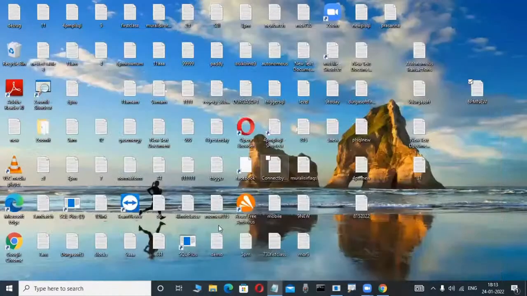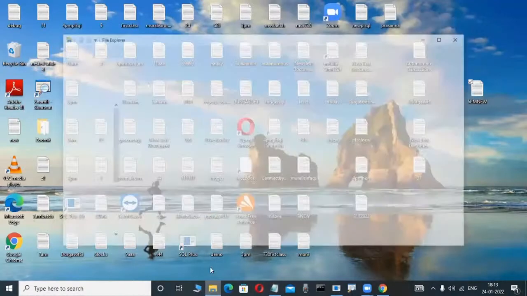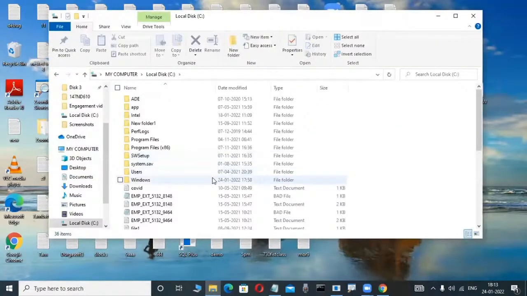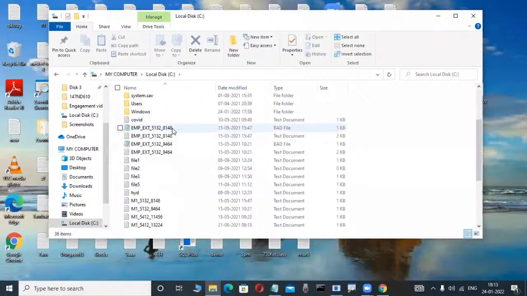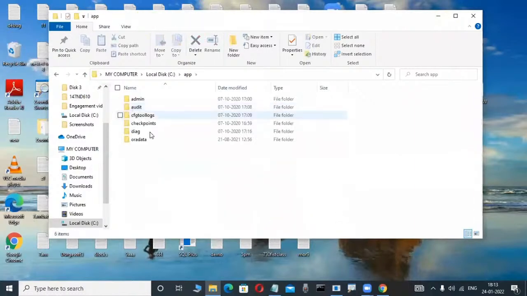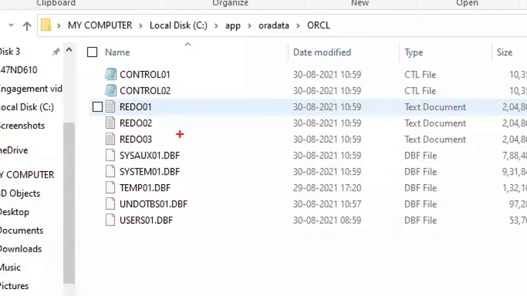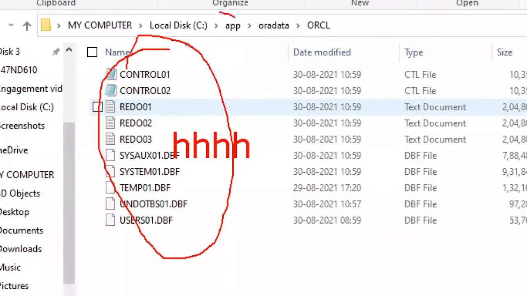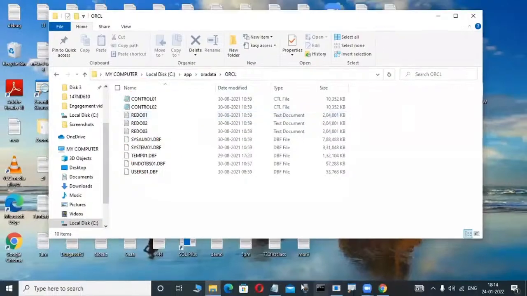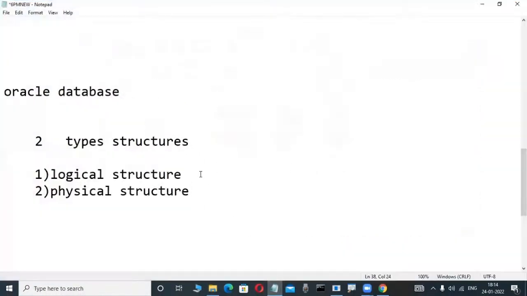I installed Oracle somewhere, in the C drive, and your table is not available there. Whatever table I create is not visible in the C drive or D drive. That's why a logical structure means a structure which is not visible